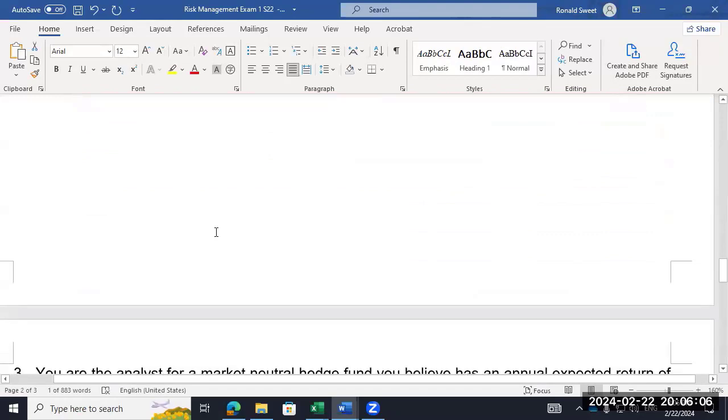Now, could you do this with futures? You could. I wouldn't, because the math doesn't work as well, but you should be able to do the same thing. I think most of you will notice your banks do a whole lot more swaps than futures, but they can do futures. So this should help you.